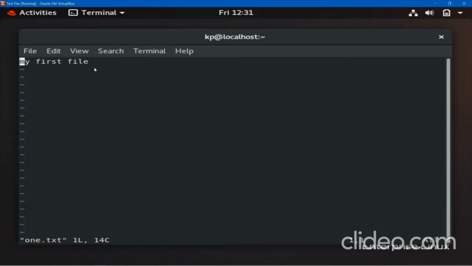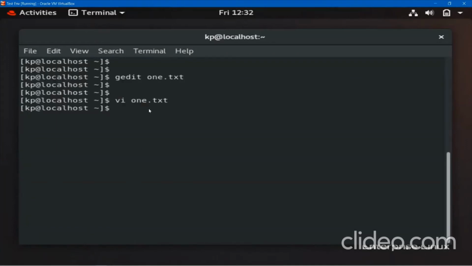Okay, so now how to close this vi text editor? Remember one thing, there is vi and one more improved version of vi, that is vim. These two text editors are mostly used in industries or in Linux environments, so you should be comfortable using them. To close this, just press colon. See here, I pressed colon. Then press Q. Q means quit. Then enter. My vi text editor closed.